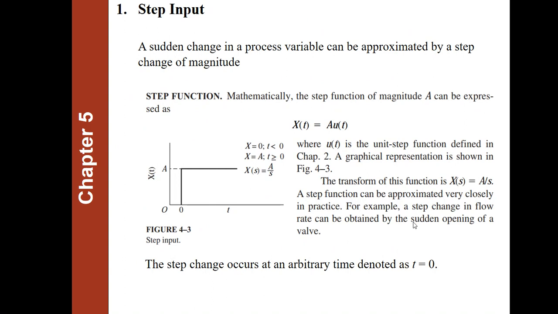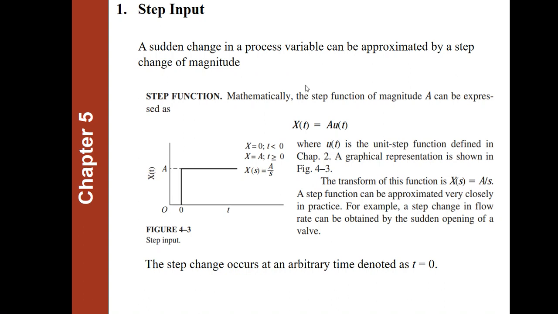Now, the easiest, if I may say, of the real representations of a disturbance to which a particular process may be subjected is the step input. So the step input, if applied to a real process, could be viewed as a sudden change in a process variable, which can be approximated by a step change of magnitude anything. It could be letter A, it could be letter B, or any letter that you would like to represent the